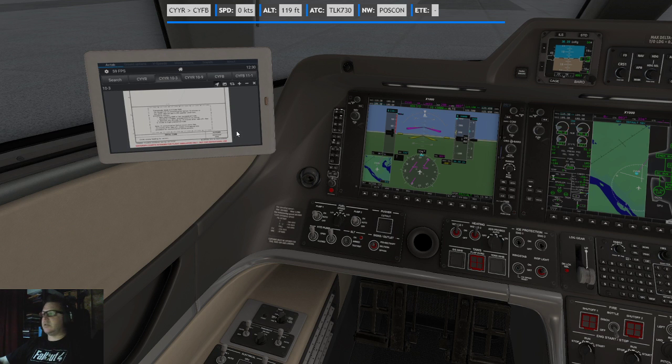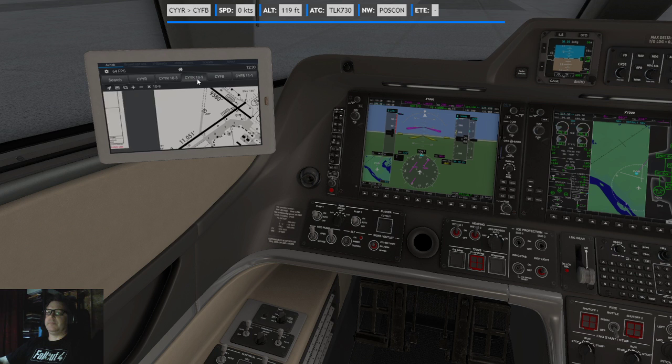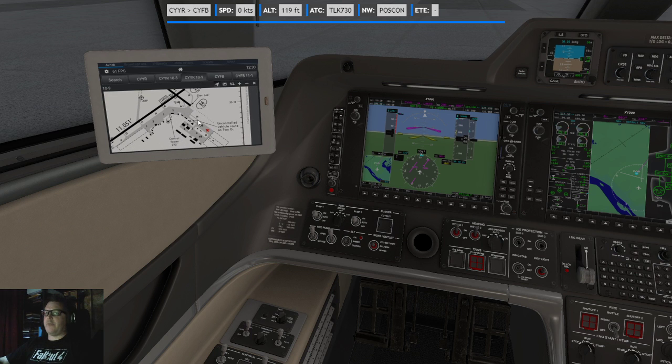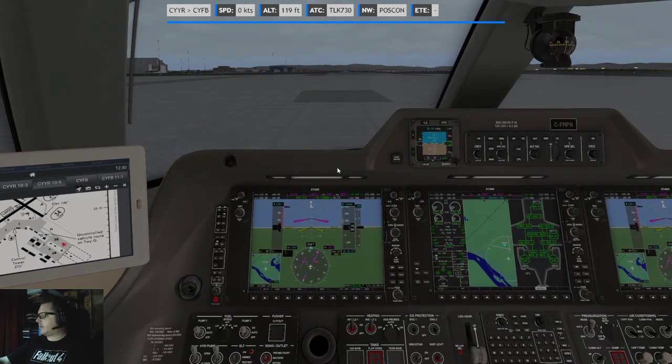So this is 6,000, and then it's go nav. All right. So apron 3, via hotel, runway 34. Cool. All right.